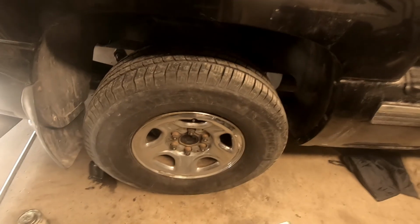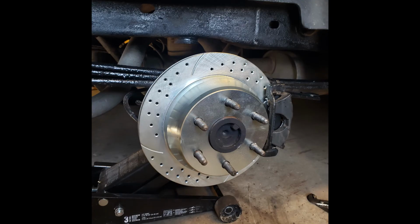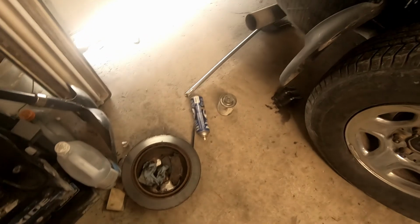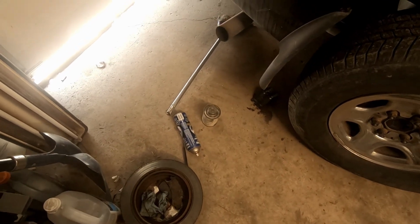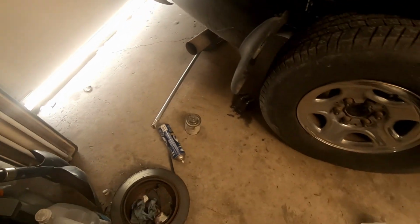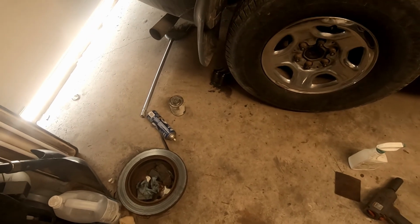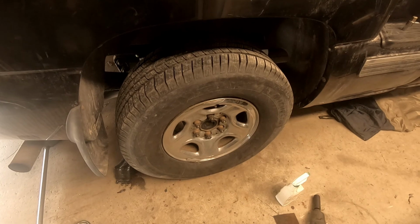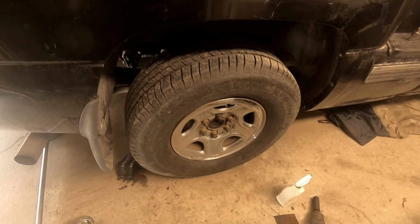I'll put a picture up of the other one. But as you know, it sat for 2 years. All the parts that we took off were brand new. They were just all seized up. New pins. So we managed to, the calipers were free, but the sliders were all seized. But we got them all pulled out, freed up, and